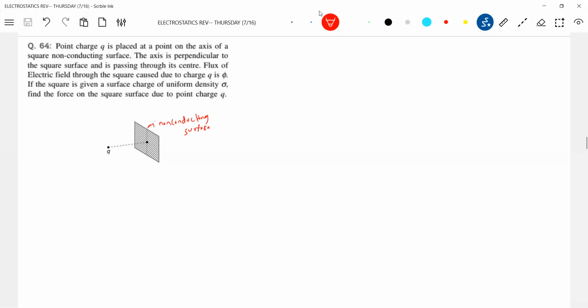I'll proceed like this. What is the definition for the force? F is equal to QE. I think this much is what we know. I should calculate what is the field. We need the fields. When you find the flux, we'll multiply it with the density, and you get the effective force.